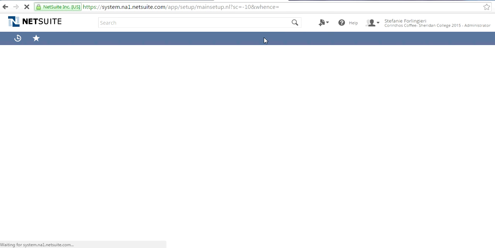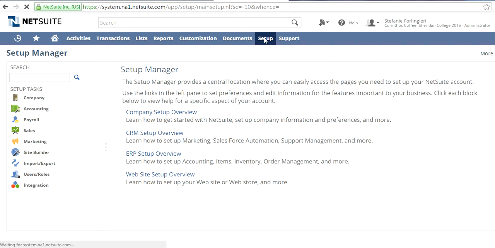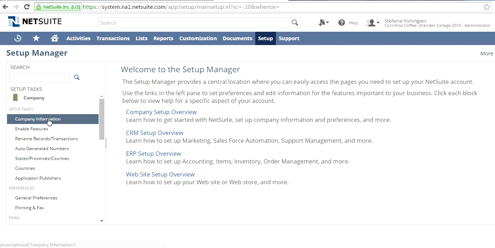We come to setup. Okay, this is our guide to start. What are the different things that we have to set up? And I would just move in order how they're listed here, and we focus in this course on the first three: setting up company, setting up accounting, and setting up payroll. Okay, so if we go to company,